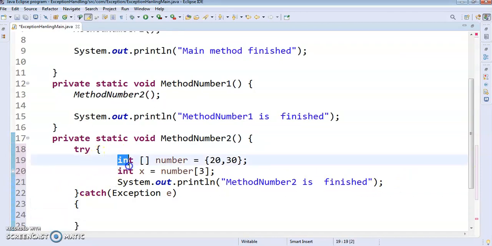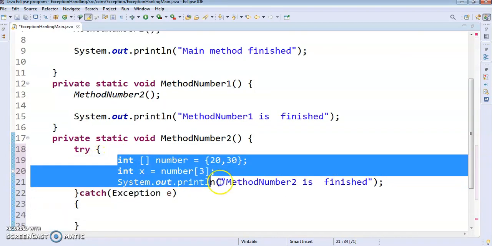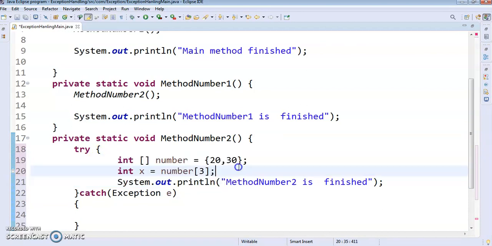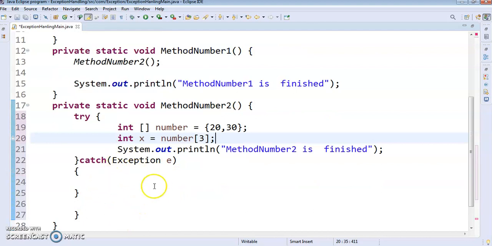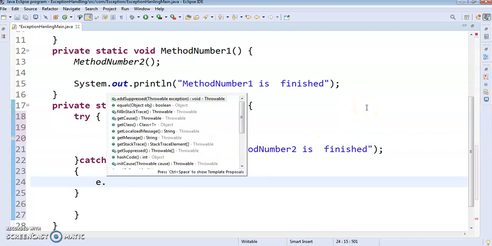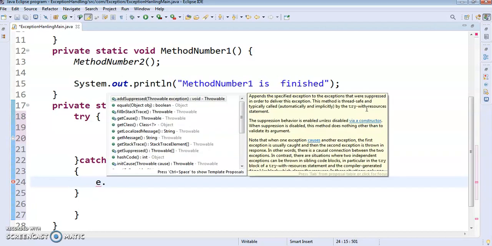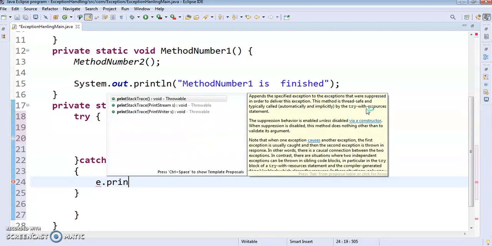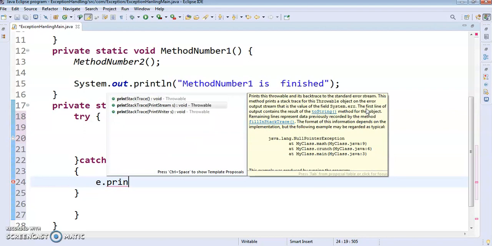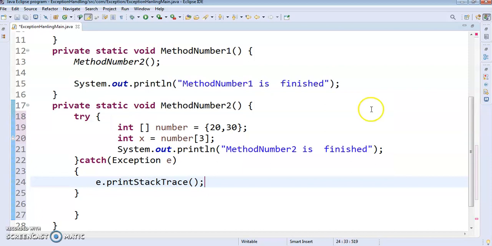Now this try block is going to throw one exception, and that exception should be caught inside this catch block, and we need to give a proper message. What kind of exception is it generating? For example, if I do e dot, there are a number of methods, out of which we will take the printStackTrace method, which is a Throwable method.